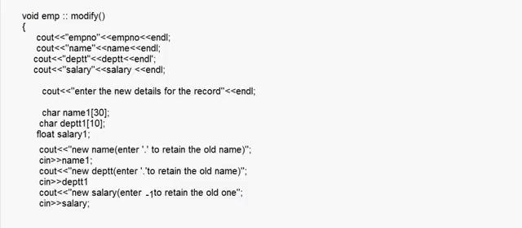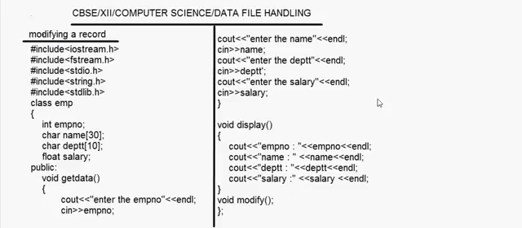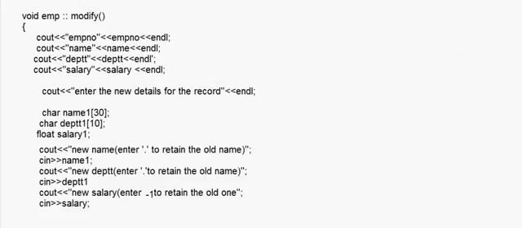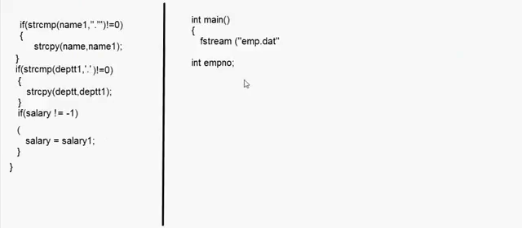There will be one accessor function in this class which will be like this. Here I am putting it, after this one, right? The int get emp number, right? And here we'll write return emp number. Now I'll show you the modify module in this, I mean how to call that modify function, right?